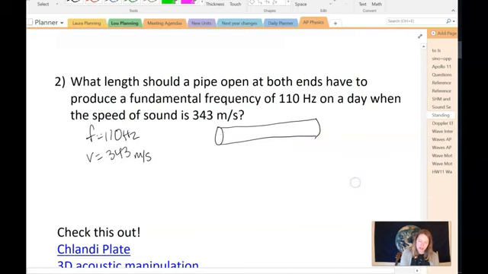And so if we're interested in the fundamental frequency, we have an antinode at each end, and they're opposite, so it's a crest to a valley. So we're interested in the length of this pipe. And so for the fundamental,